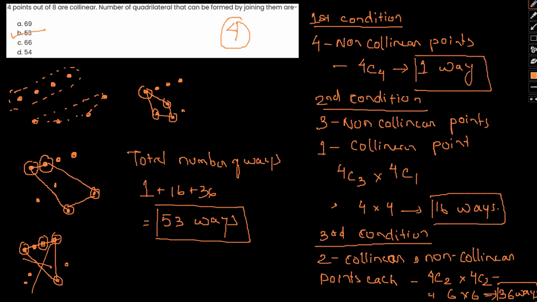So I hope this question is clear to you. It was a very good question, a very observation-based question. A lot of understanding regarding quadrilaterals and selection is involved. So if you have any doubt with regards to the same, I suggest you go through the entire video and then subsequently try and solve this question on your own. That should be more than enough for you to understand this kind of question. Okay. So please do that.